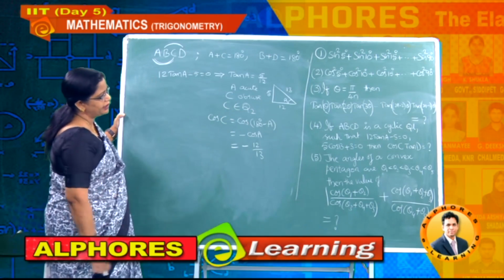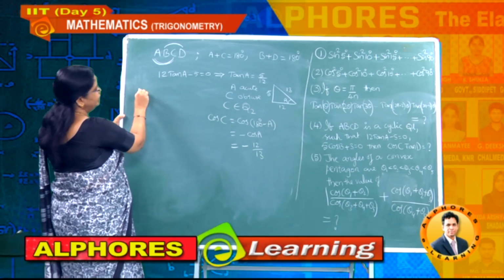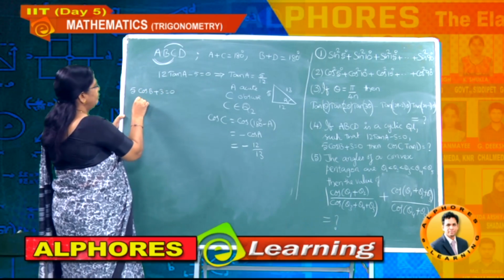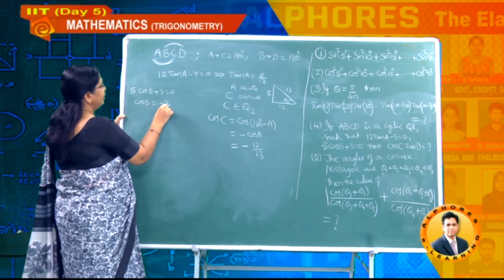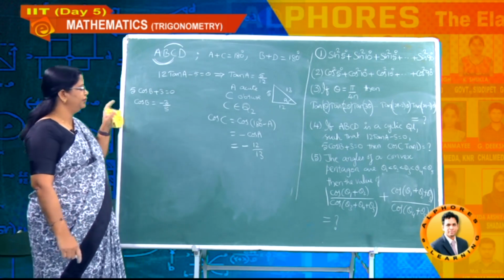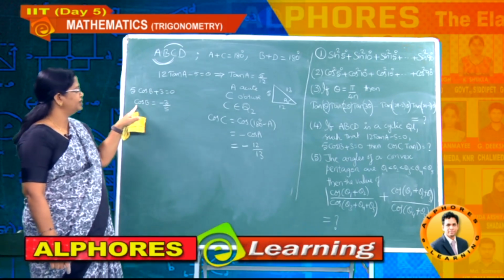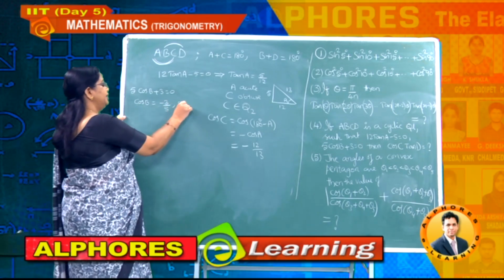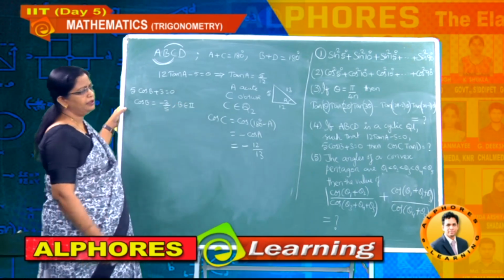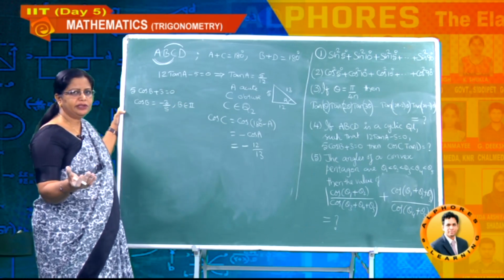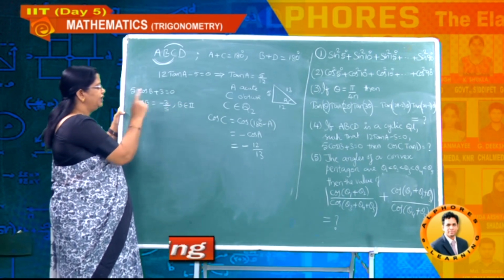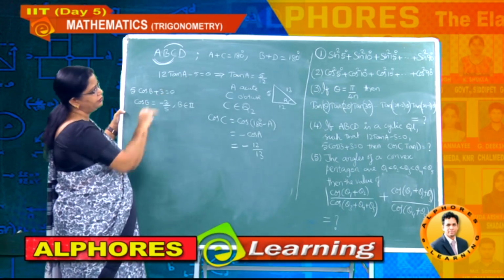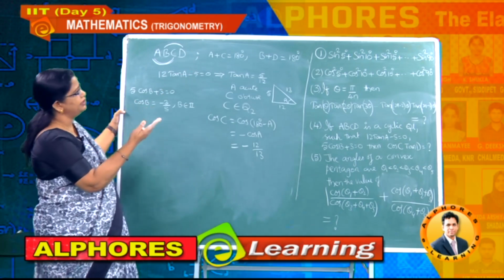And let us take the next condition. What is the next condition here? 5 cos B plus 3 equals 0. Then cos B equals how much here? Minus 3 by 5. Same kind of discussion. You got cos value negative, which implies how is the B value here? It is an obtuse angle. So B belongs to the second quadrant, because the sum is 180, there is no doubt, you can't use the third quadrant. You may get a doubt: cos negative means it can be second quadrant or third quadrant, but here there is no reason you are going for the third quadrant, because the sum is nothing but 180.